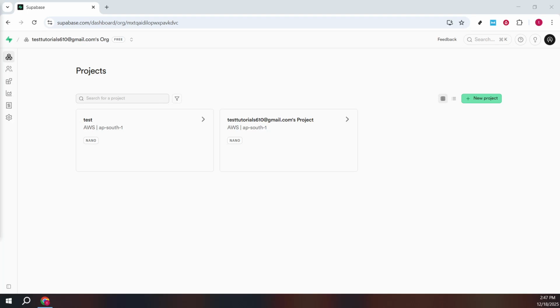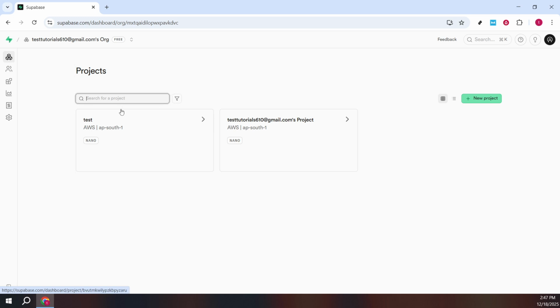In today's video, I'm going to teach you how to disable email confirmation in Supabase. First, head to your Supabase dashboard in your browser. Once you're in, look to the sidebar and open the projects area. If you manage a lot of workspaces, use the search bar at the top to quickly locate the project you